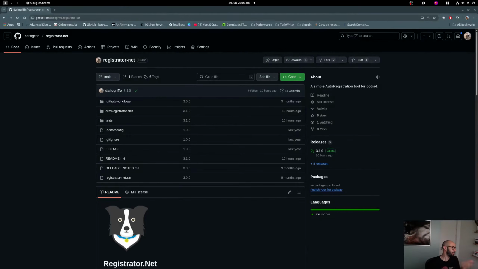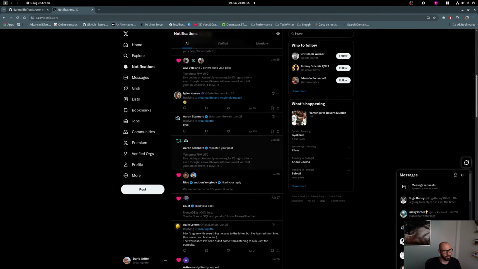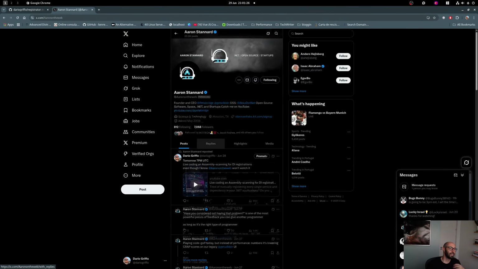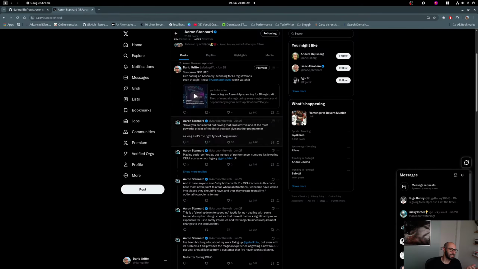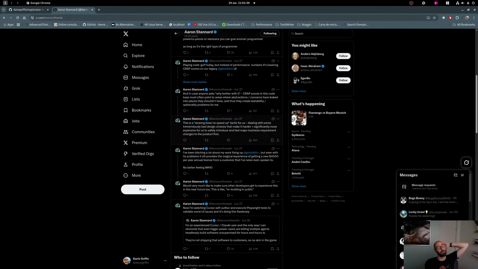If you like it. I mean, there are people who don't like it. And there was a nice conversation on Twitter the other day where Aaron Stannard, who is the creator of Akka.NET, actually mentioned that for him, this type of auto-registration tool is like a code smell. And I understand where he comes from. And for me, what I get from a tool like this, is that I can automatically just,